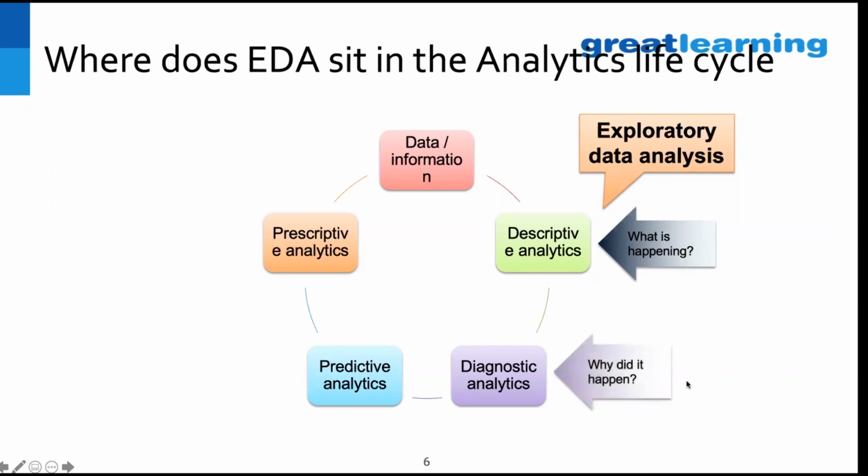Then diagnostics. Why did it happen? If you feel that you are vomiting, you have motions or something, then he gets into underlying causes. Why? Have you eaten food outside? Have you drunk water from a public tap or somewhere, or eaten food that normally doesn't suit your body constitution? Something like diagnostics would be done.